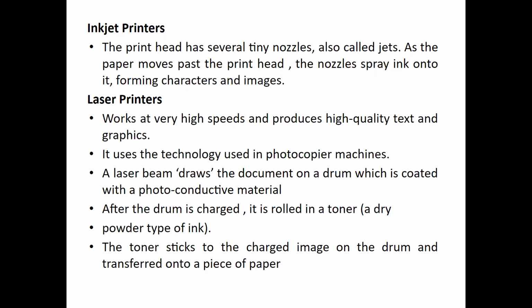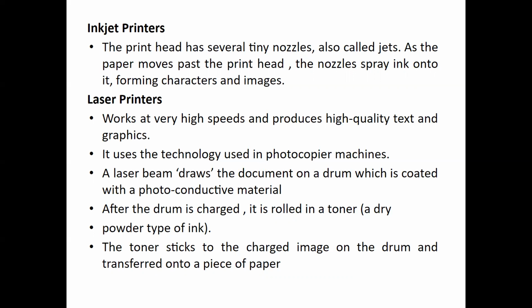An inkjet printer has cartridges that contain ink. Modern inkjet printers are color printers that have 4 cartridges containing different colors, which are cyan, magenta, yellow, and black. It is capable of printing high quality images with different colors. It can also produce printed objects with a resolution of at least 300 dots per inch. Right? And coming on to the second type of printer, which is the laser printer.